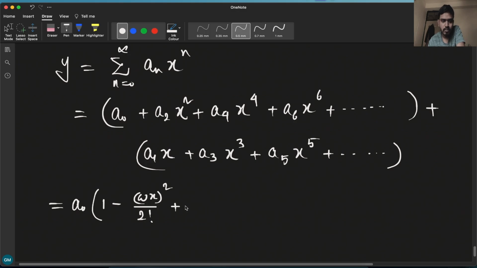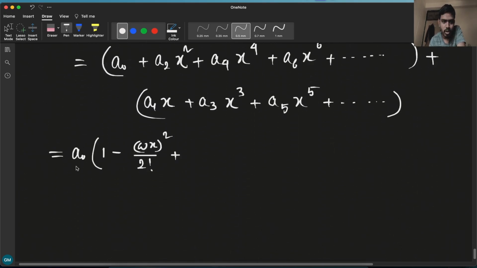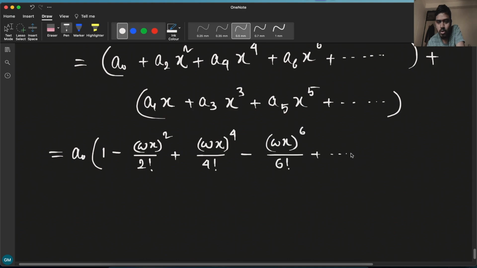plus a4. What is a4? a4 is omega to the power 4 by 4 factorial times a0. a0 I have put outside. So in that case it will be omega to the power 4 divided by 4 factorial, and there is also x to the power 4. So I can write it as (omega x) to the power 4 by 4 factorial. Similarly, the next term will be minus (omega x) to the power 6 by 6 factorial plus dot dot dot, plus